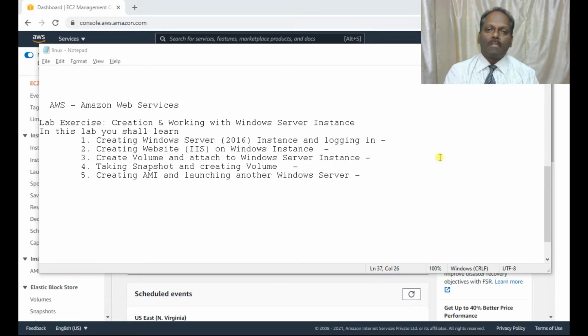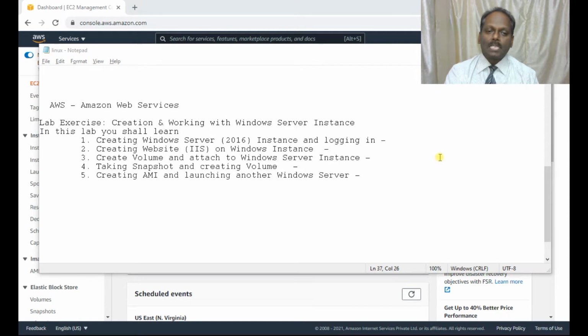In this lab of AWS, which is Amazon Web Services, I will be describing and also showing the practical way of creating the Windows Server instance. And of course, we'll also see how you can assign the private key to this Windows Server and try to log in. After login, we will also change the root password, the administrator password, and also the host name. After doing that, we'll also create a web server on this Windows Server 2016 on the cloud platform AWS.